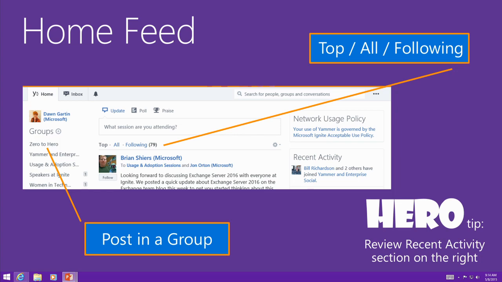So if you're a type A person and you really like to organize alphabetically or last modified, that's not going to happen here. You're going to have to trust that Yammer knows what it's doing with those groups, and it realizes that if I interact a lot with a couple of key groups, it's going to put those to the top of the list, so I have easy access to that.